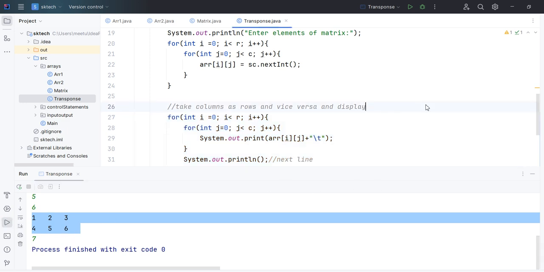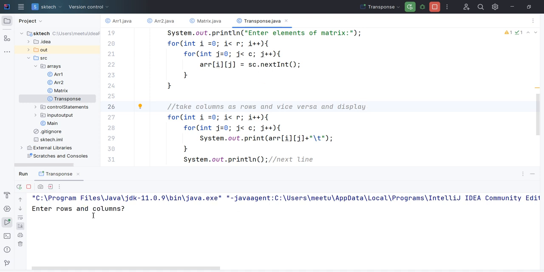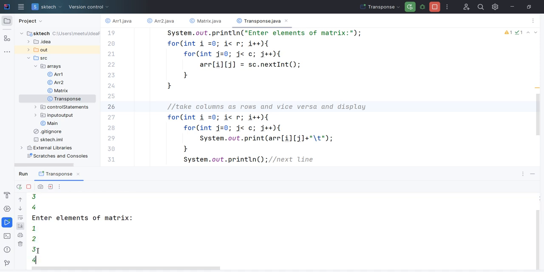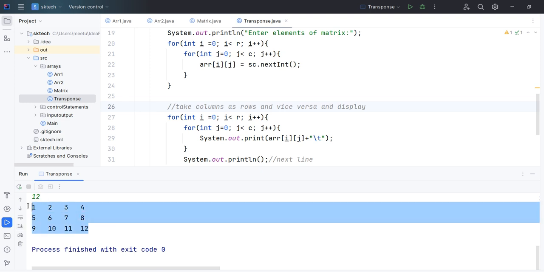So let's run this program and just change the row and column value again. Basically, since we are accepting the data from the keyboard, we can provide any number of rows and columns at runtime. So let's say 3 rows and 4 columns, right? So how many values do we need to insert? 3 multiplied by 4, that is 12. So let's write like 1 2 3 and up to 12. So you can see, it has automatically inserted in the 2D array,